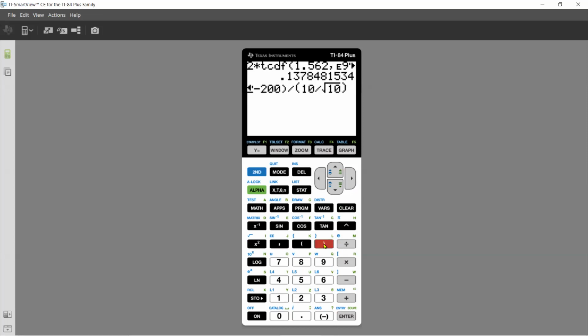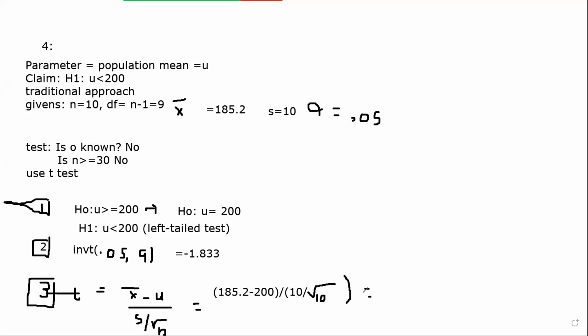And what I get for that is negative 4.680 is my T. Negative 4.680. Now, remember, this is the